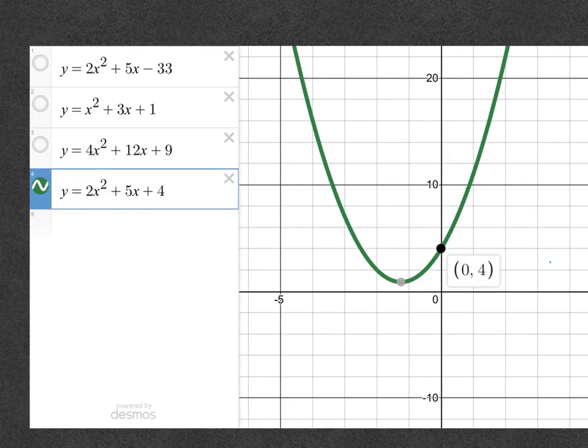Here's the graph of that last one. And it opens up with no x-intercepts. It's above the x-axis with its vertex. And I did highlight the y-intercept there just to remind you that that C value is still the y-intercept, even though we've been working on finding x-intercepts. Don't forget that the y-intercept is there as well. Okay, so that brings us to